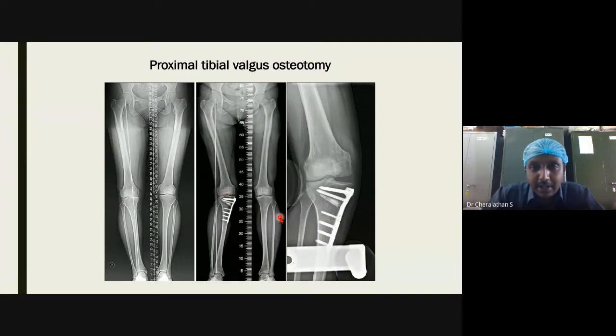For the sake of understanding alone, I have put this picture. Again, don't get confused because the line goes so much medially. In this particular patient, there has been an overcorrection. Usually it should come to the center, like what we saw in the X-ray for the valgus deformity previously. So to begin with, there is a varus deformity, and they have done a valgus osteotomy, and there is some amount of overcorrection here. They have just osteotomized here, elevated it, and placed a bony bridge in between. Now this is done in the case of an adult patient.